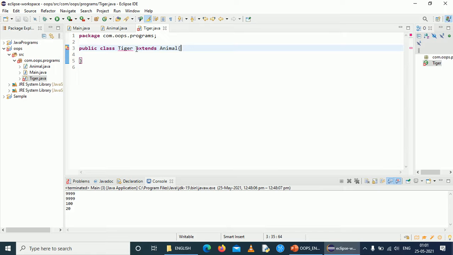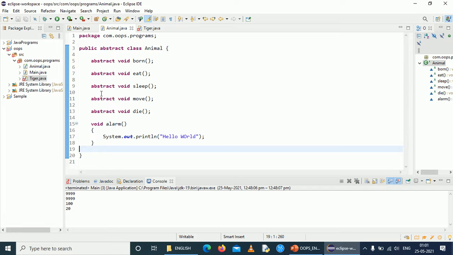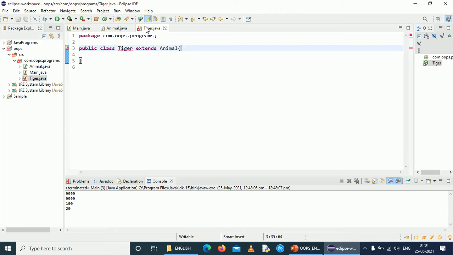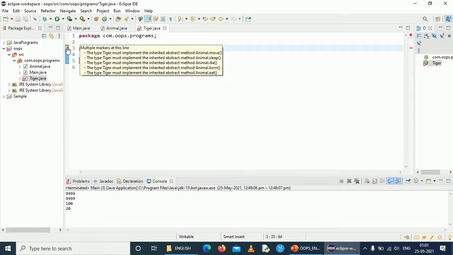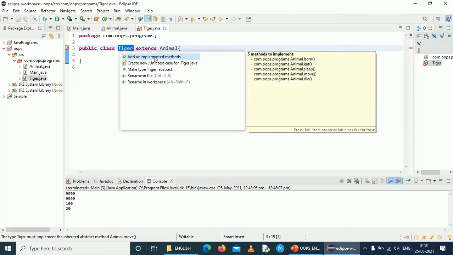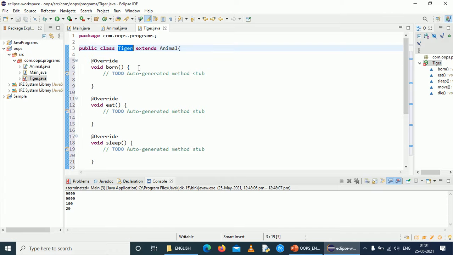But when it comes to an abstract class, since there is no definition in an abstract method, immediately after inheriting an abstract class, all the unimplemented methods, which means only declared and not defined methods, must be defined here.